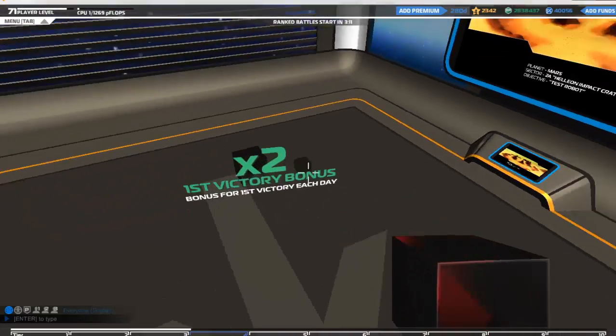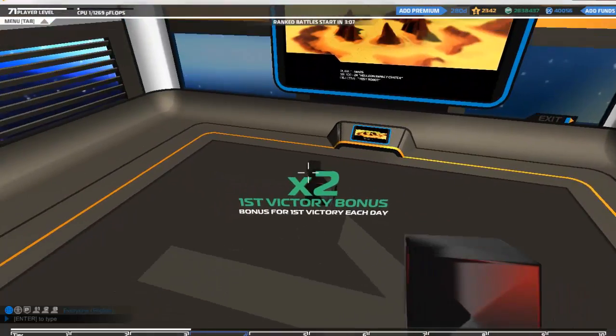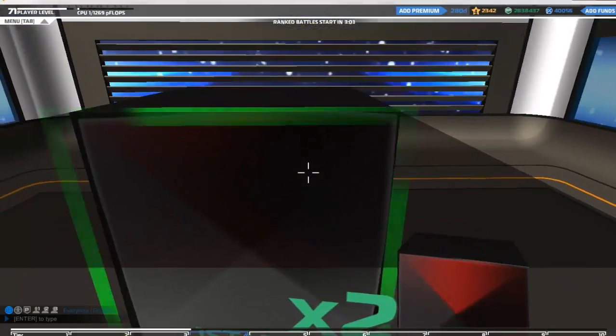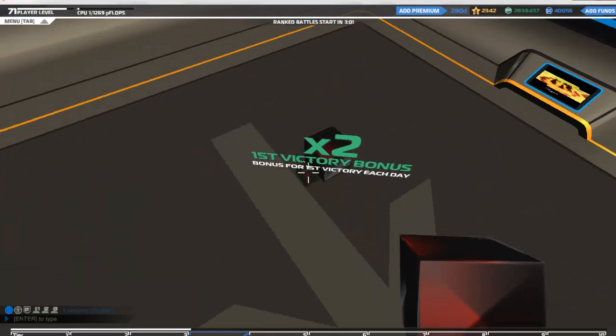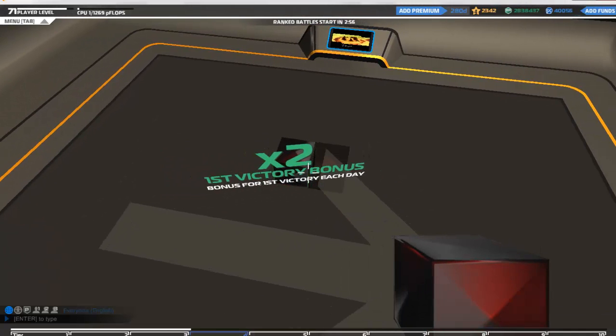And I wish they'd get rid of that x2 bonus. When you're building, it really is a bit annoying having a x2 bonus floating around your screen. Yeah, I wish you could just press tab or something and make it disappear. Anywho,